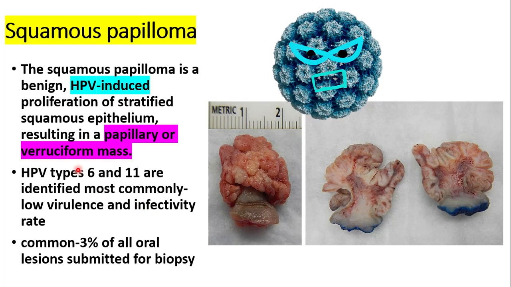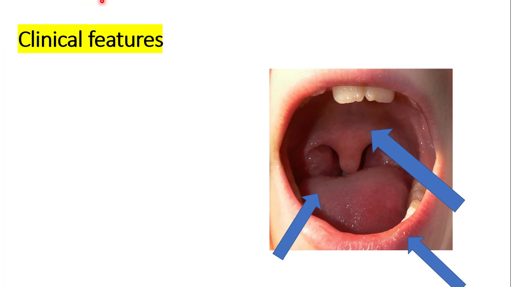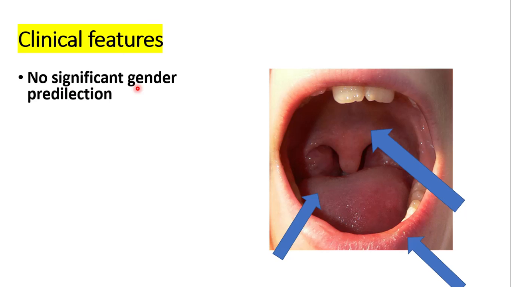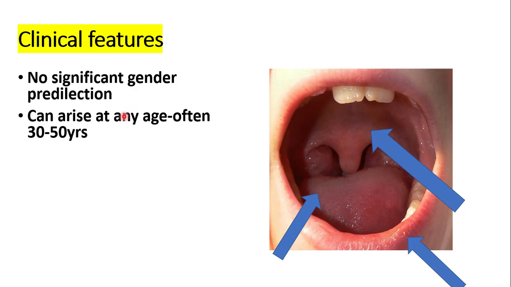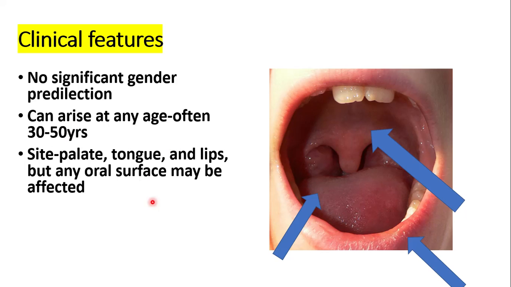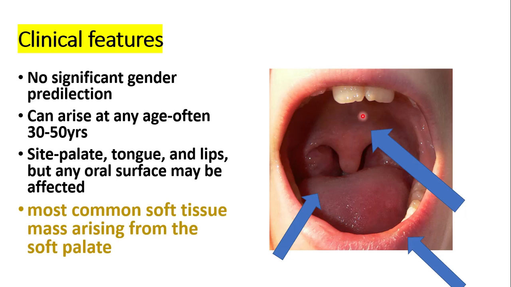Apart from that, this is a common occurrence in the oral cavity, and it accounts for almost 3% of all the oral lesions submitted for biopsy. Its clinical features include no specific gender predilection. It can arise at any age, even in children, and often occurs between the ages of 30 and 50 years. It can occur anywhere in the oral cavity, but the main sites of occurrence are the palate, the tongue, the lips, and